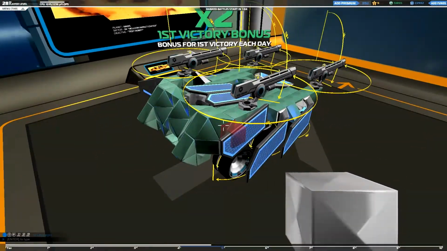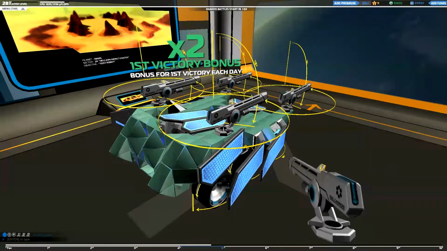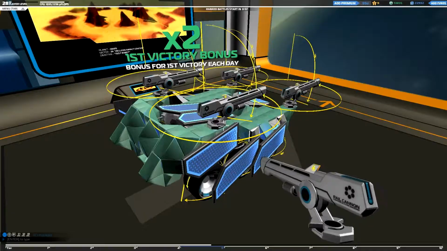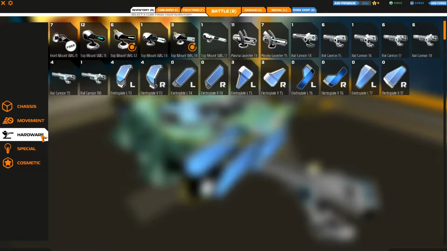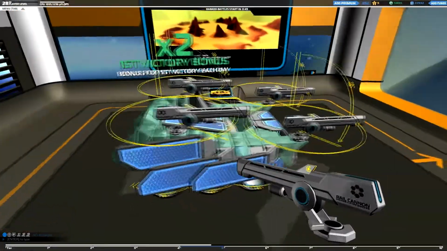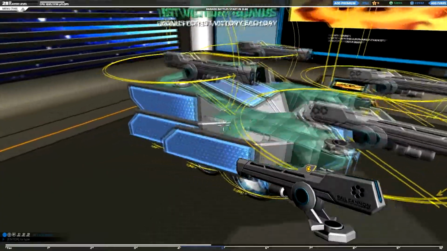Originally this was upgunned even further than what it's got, which are these rather handy rail cannons. What tier are these? Yes, I believe these are tier 6 rail cannons. This thing has been upgunned as far as tier 9 cannons, but